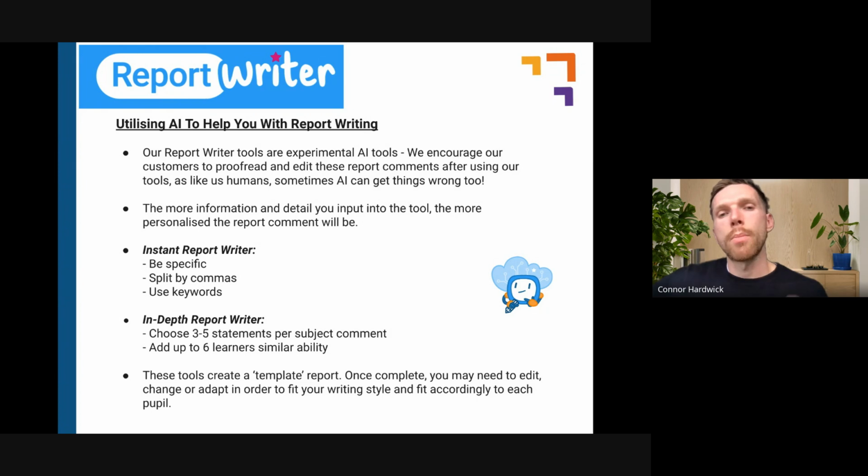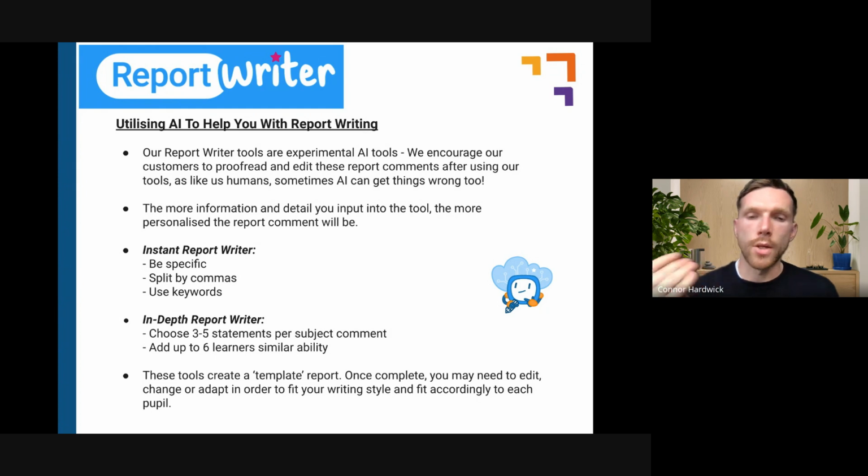This tool does not replace you as a teacher. Like I said before, it's a tool to assist you. It's not a tool to replace you. So when you've written your reports and you're looking at them and reading them, when you copy and paste them, they may still need some kind of edit from you as a teacher or an educator, but they will have saved you hours of time. So a few minutes editing each comment will probably